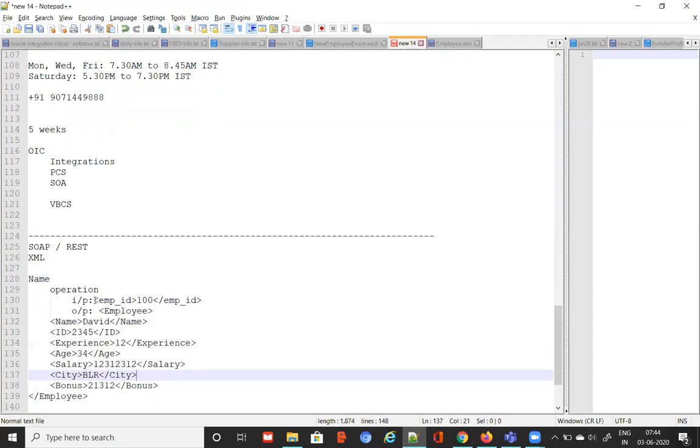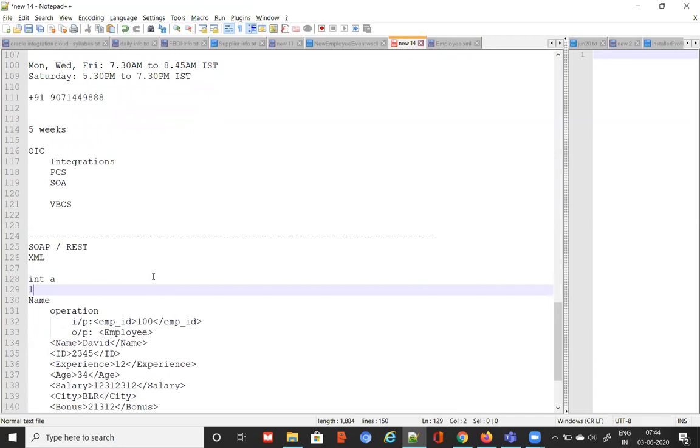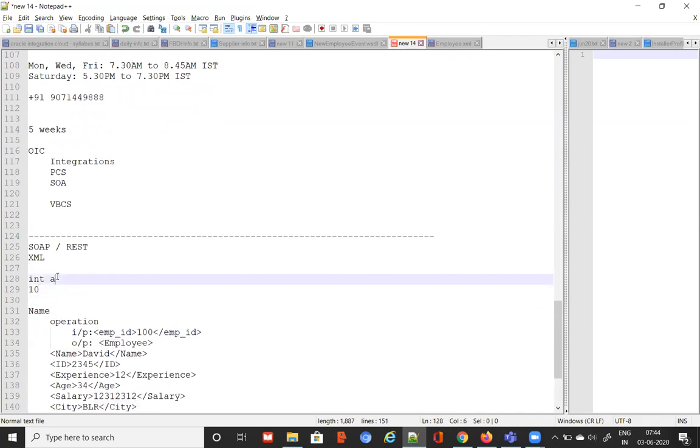So when you say this, this is not actually a type. This is actually one record. It's like when you say int a or 10, there's a difference, right? Int a is a type, integer. 10 is the actual value. Employee, when you're saying all this, is actual value, it's one record. So in the specifications, when you're developing the specs of anything like your PLSQL or Java, you don't mention the actual data, right? The actual data will be coming during the request. So you have to mention a type for that.